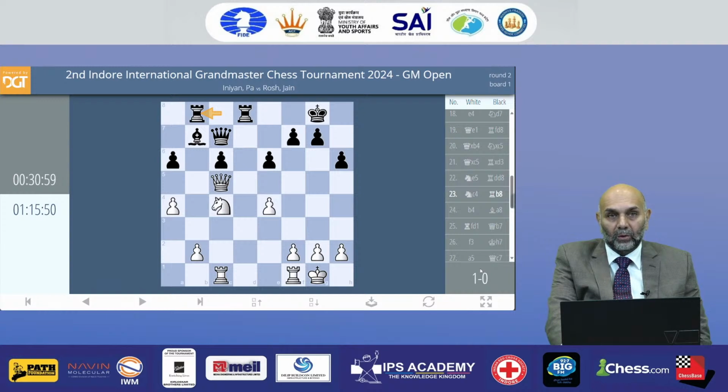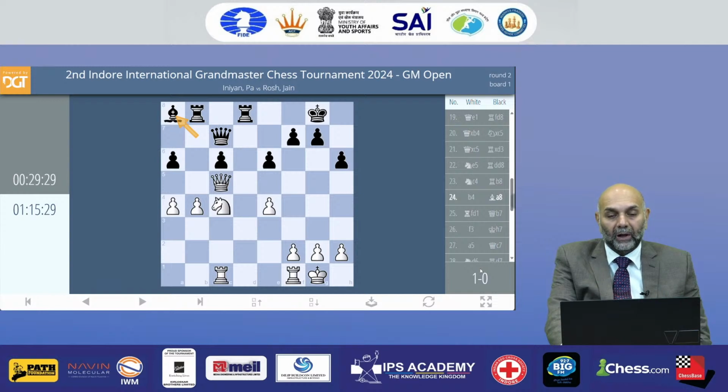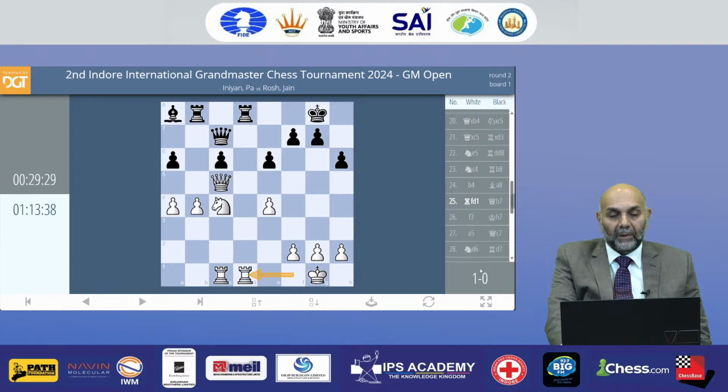So black moves the rook to an open file. There is no point in keeping the rook on the closed file, and white is ready to advance the pawn. So the pawns are now moving, and the c6 pawn could be targeted soon. Black is playing more or less the forced moves, the accurate moves, but the damage has already been done. Black's position is untenable, and that's what we see.